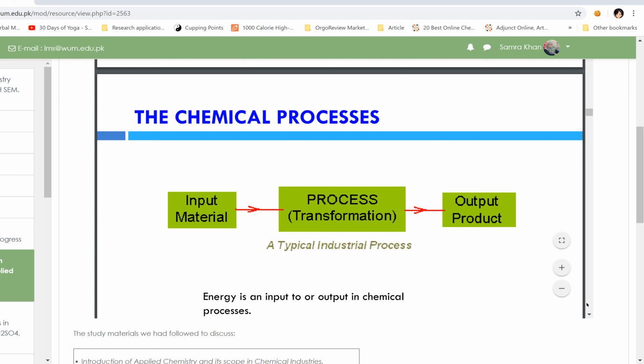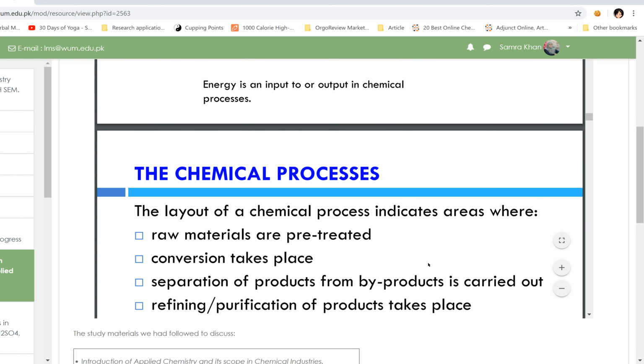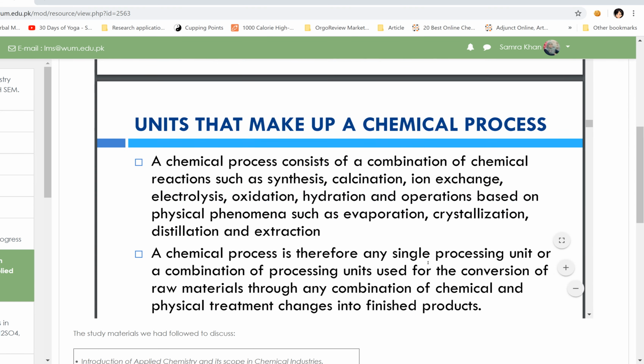So what does that mean? It means that during the process there is the role of the unit process as well as the unit operation. Unit operation is the mechanical part, and the unit process, or chemical process, is the chemistry end of it: the reaction, the interaction of the reagents and their percentages and all that. So I will be moving onwards.